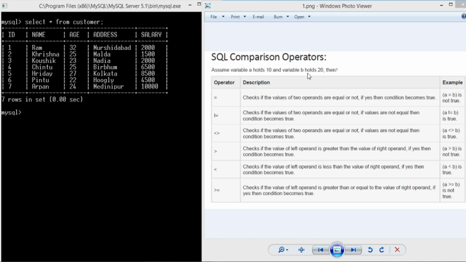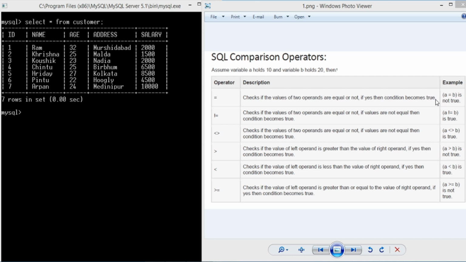If I want to check whether A and B are equal, then I perform the comparison operation between these two variables, A equals B. If it is true, then the outcome is true, or if it is not true, then the outcome is false.